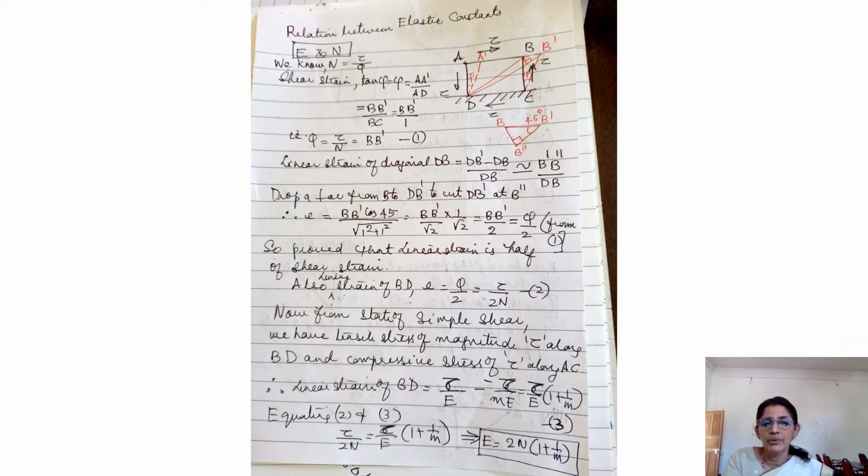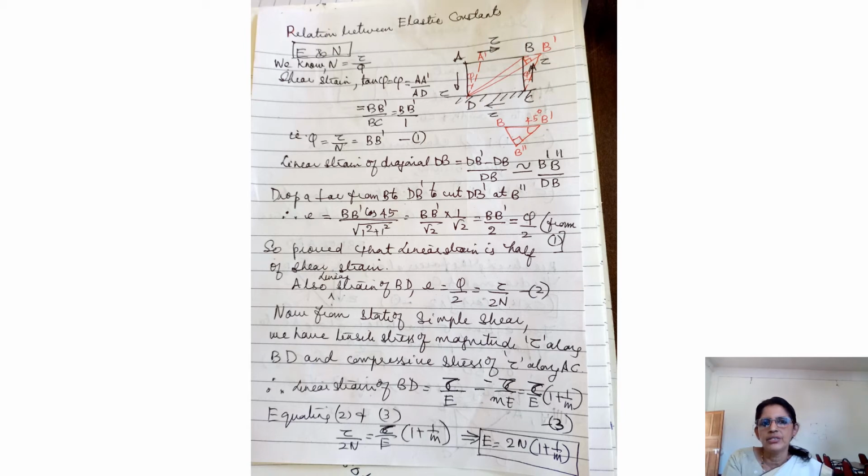Now coming back to your state of simple shear, in continuation of your relationship, I have told you in state of simple shear there will be tensile and compressive stresses of magnitude equal to the applied shear stress along the two diagonals. So here also you are taking one diagonal over here, BD. As you can see here, this is towards this side and this is towards upwards. So when you take the section along this face BD, the arrow is going to come towards up. So this has to come down so that this becomes a tensile force, right? So along this BD you are getting a tensile force.